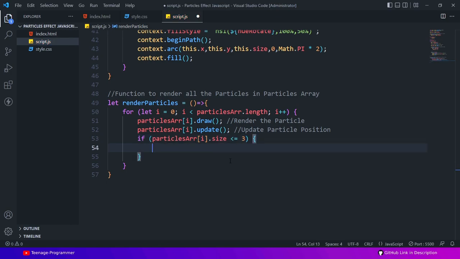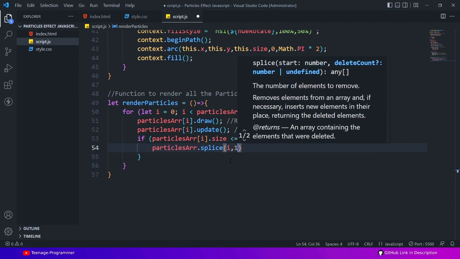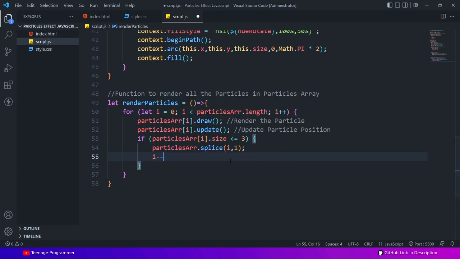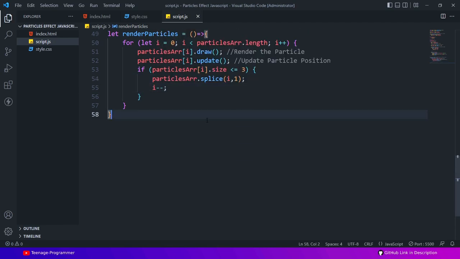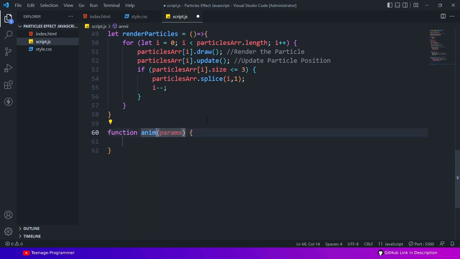Splicing the particle from the particles array if its size becomes less than 3. An animate function to run in a loop for the particles using a request animation frame.